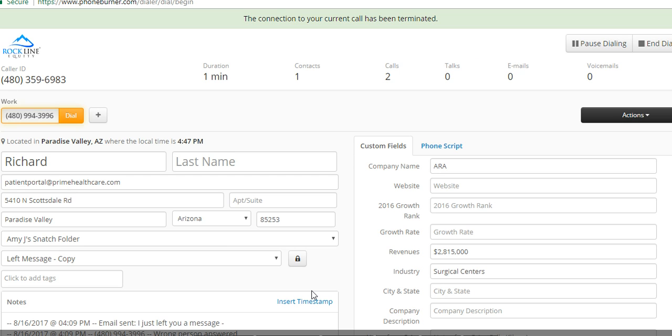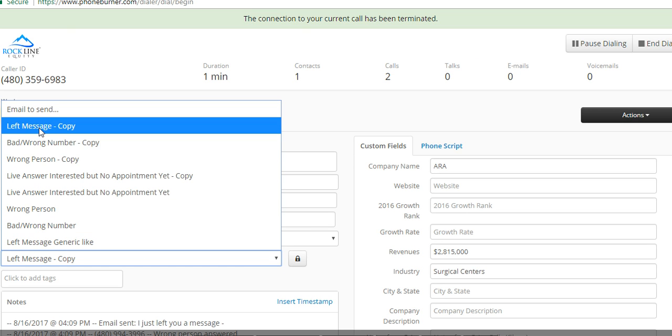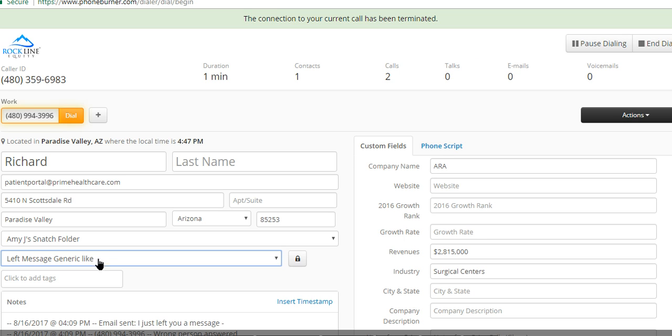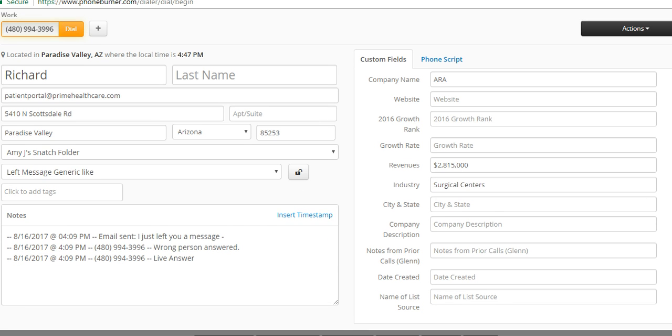Okay, so you can see here that they weren't interested, or he wasn't going to be very helpful, this particular gatekeeper. So we want to select in the drop-down message left message. And the one I like is left message generic like. So this just says, hey, we like your company from what we've seen, etc. We then select the lock box here to lock in that particular message, because if you don't lock it in, let's say you leave it unlocked, and then you click one of these,